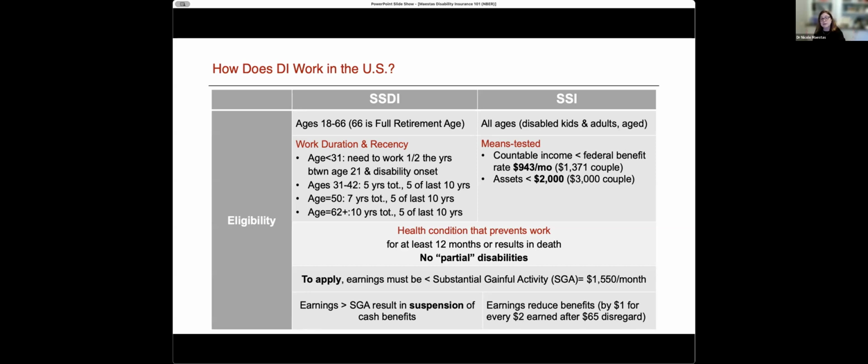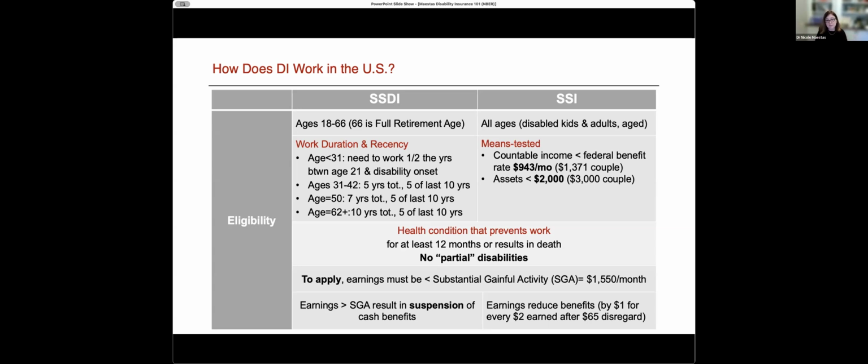And the way to think about these requirements is that it's like making insurance premium payments through your FICA payroll tax. Okay. You have to have paid enough in to be entitled to draw on your insurance if you need it. It's like an insurance premium. They're making sure you've paid some premiums before you're eligible for the benefit. And if you haven't paid your premiums because you haven't worked enough, then SSI is the option for you. Okay, so that's